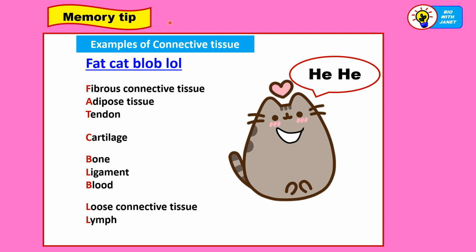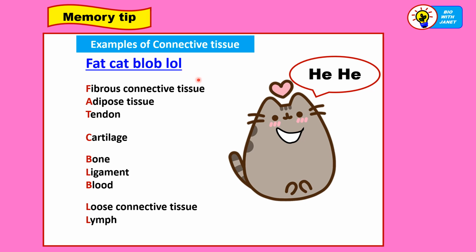So here's a new memory clip for examples of connective tissue. Since there are so many types or examples of connective tissues, the sentence is a bit longer. Fat cat blob. LOL means laugh out loud. Okay. So F is for fibrous connective tissue. A is for adipose tissue. T is for tendon. CAT is for cartilage. BLO is for blood. The other B is for bone. Then LO is for loose connective tissue, and one more L is for limb. Okay, limb is not mentioned in the textbook, but it is a type of connective tissue,